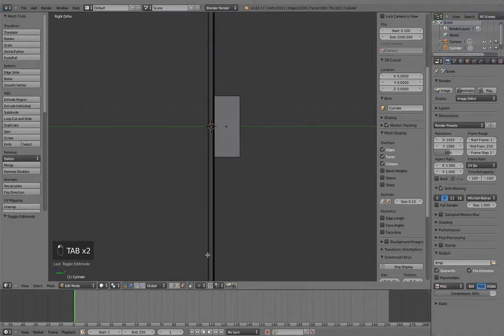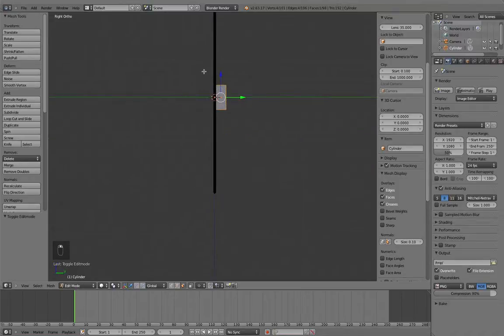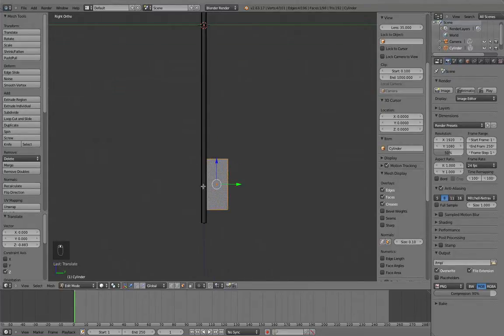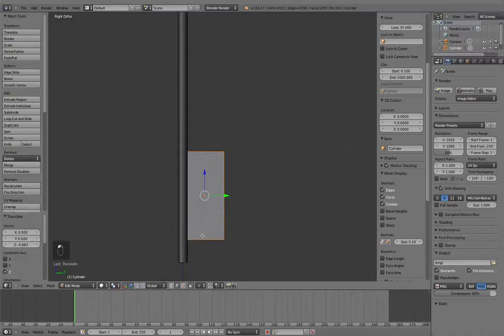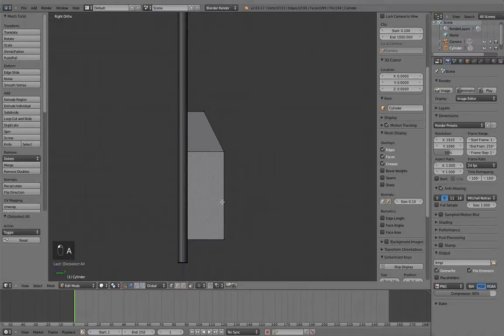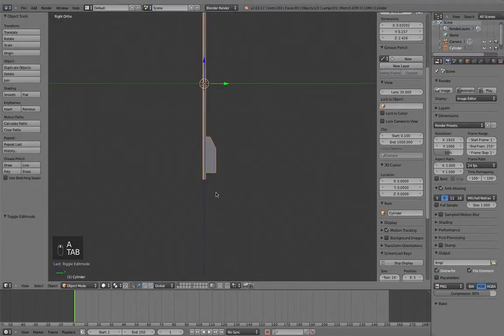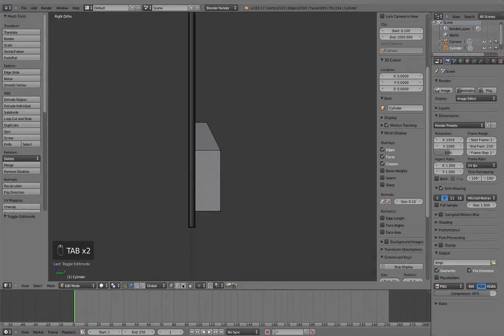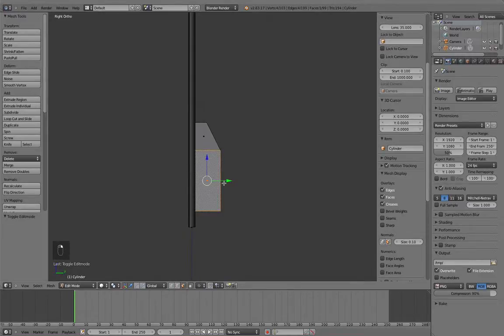and then I'm going to go to face select mode and just drag this right down to the bottom, and this is going to make up our kind of guides for our arrow. So I'm just going to extrude that edge there, then scale it in some and just bring it back down there, and just going to help with the